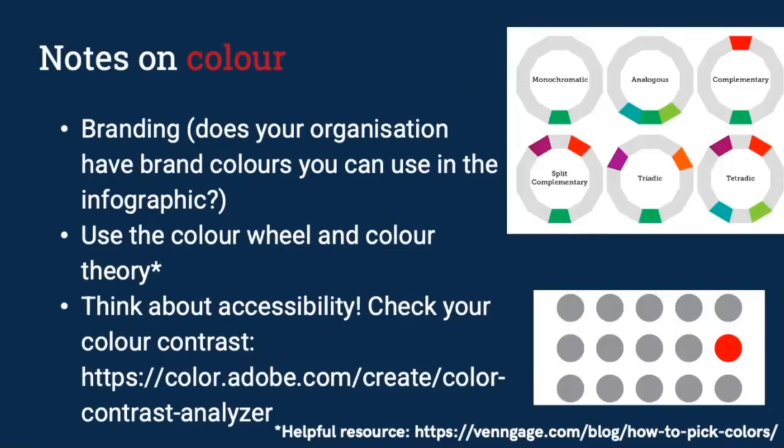If that's not a factor, if you're making these infographics just for your own use, or branding doesn't come into it, thinking back to your school days and the color wheel can be really helpful. I'm not going to go into too much detail on this today because this really isn't a design class. It's a step one class. But I've put some images up there that you can have a look at and think about